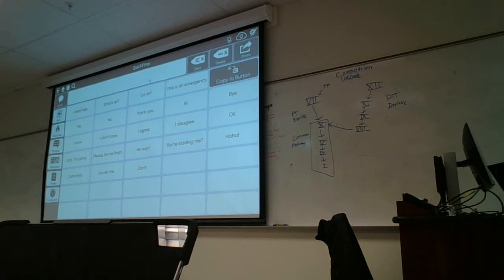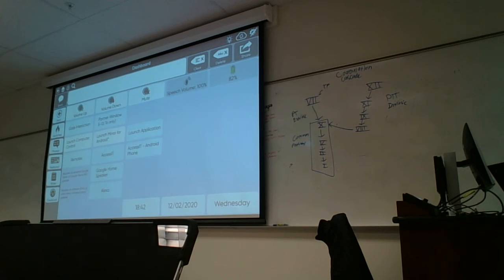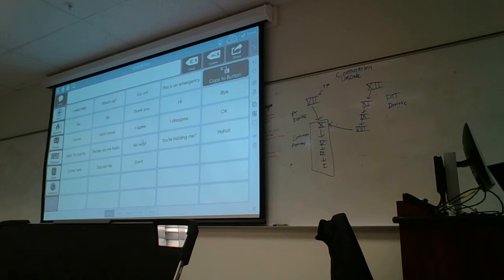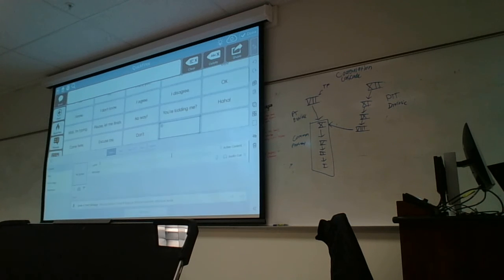So again, within SnapCore first, this button here takes you to the home page. If you have things in the dashboard, this is how you can quickly get there. This is again that search button, and within here, the pencil and the gear puts you into edit mode. So when you're in edit mode, this toolbar comes up down here, and say I want to create a button, so I would select the one that I want,